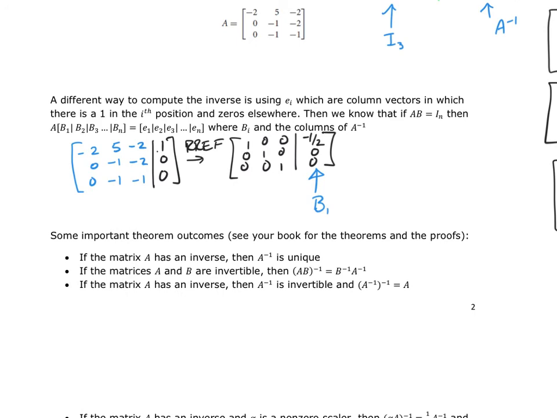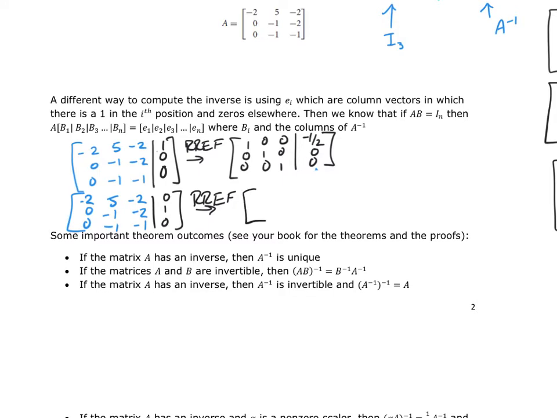We're going to do the exact same thing again. So let's take this matrix again: negative 2, 0, 0, 5, negative 1, negative 1, negative 2, negative 2, negative 1. And now we're going to augment on a 0 in the first position, 1 in the second position, and 0 in the third, because we're trying to find the second column. We already know the first one, so let's move that aside. And when we RREF this,